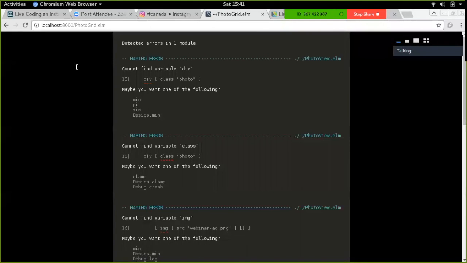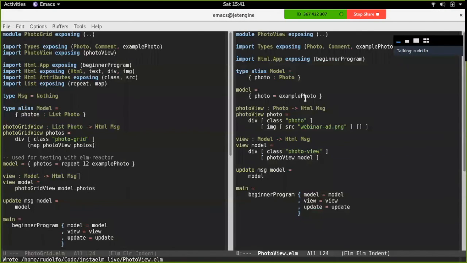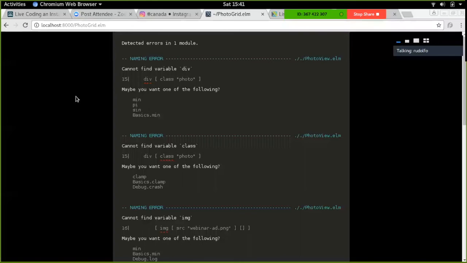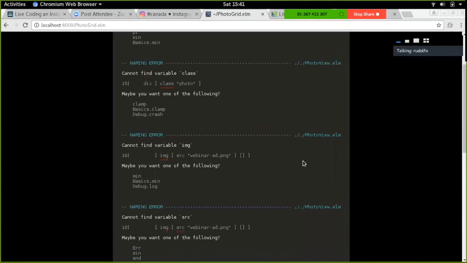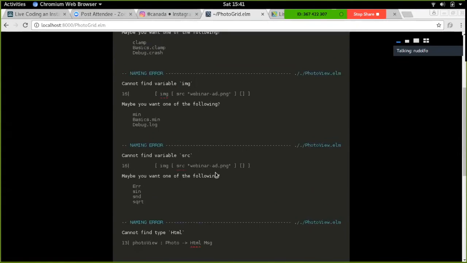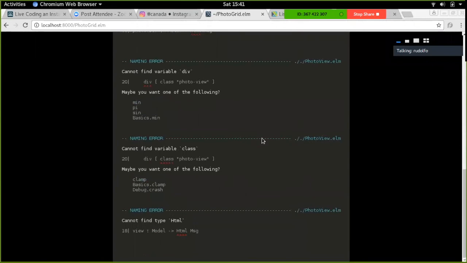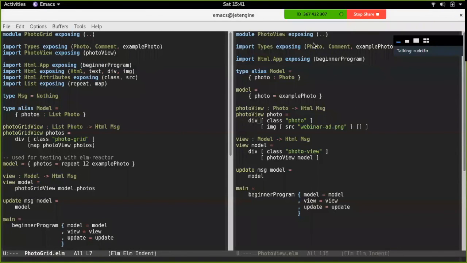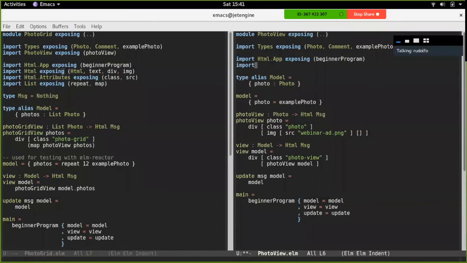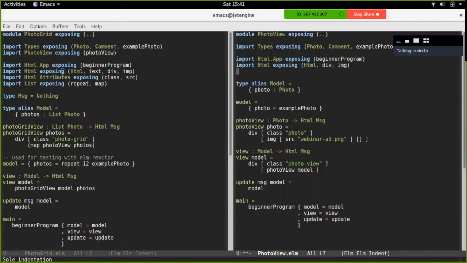So there's that. It's going to complain because I haven't imported a whole bunch of stuff. It's complaining, I can't find the div. Great, I just have to import it. Can't find class, gotta import it. Image, imported it as well. Source, import HTML. Everything is just because I forgot that I have to import everything that I need in my photo view component. Exposing HTML, there's no text, there's div, there's an image, import HTML.attributes,